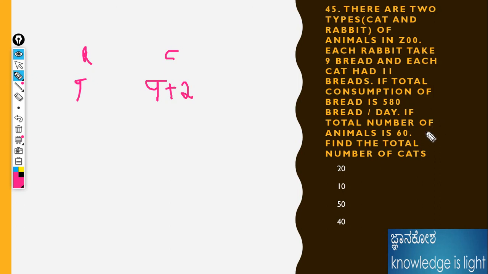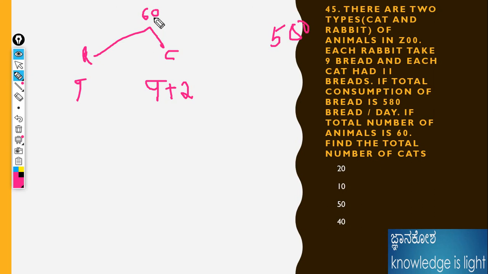What is the basic agenda? Why do we, see, they were dividing here, we need to multiply. Why? Because the bread is 580, the total number is 60. Anyway, they have given the price per person. If a person we can take, see the total they have, initially they have 580 bread.